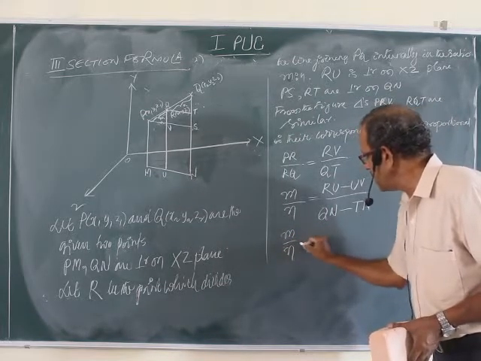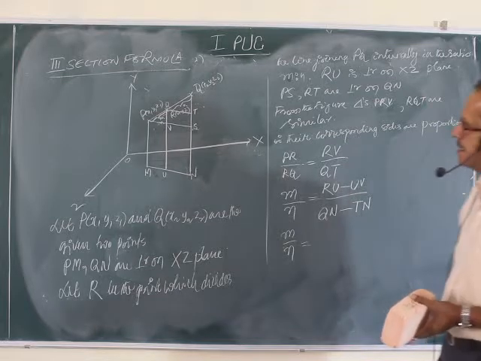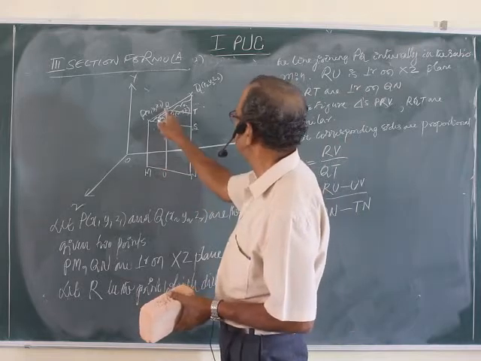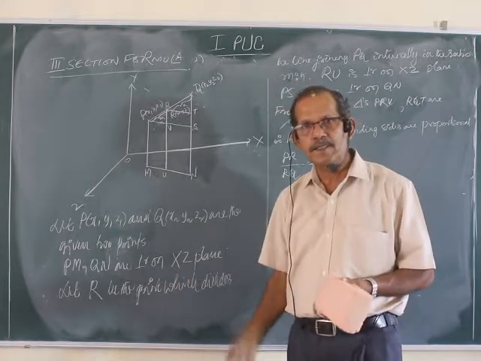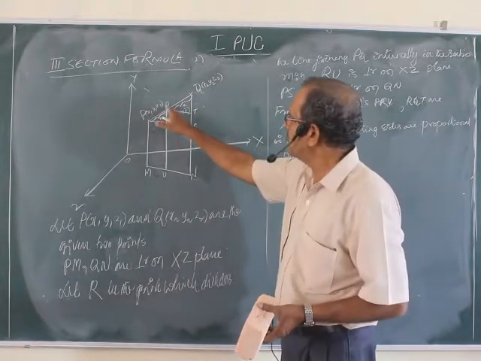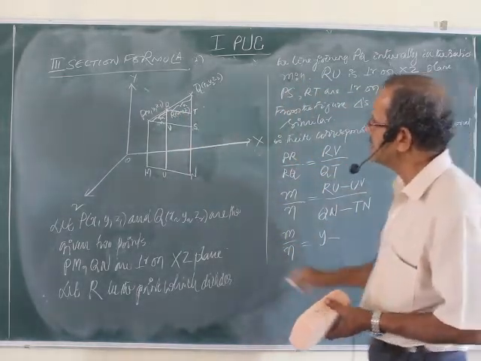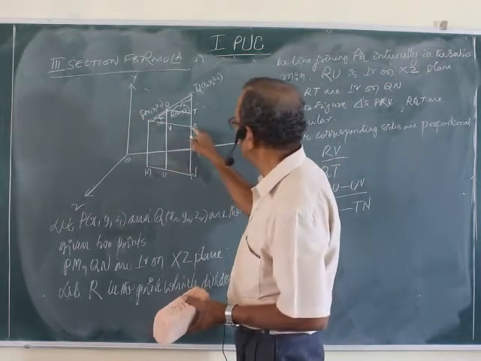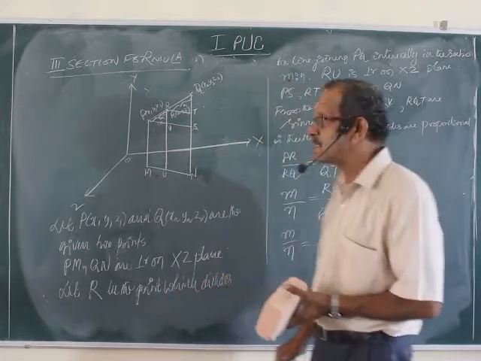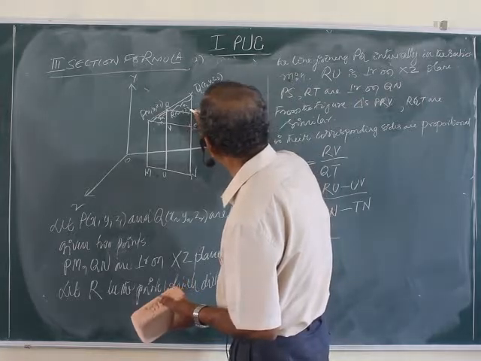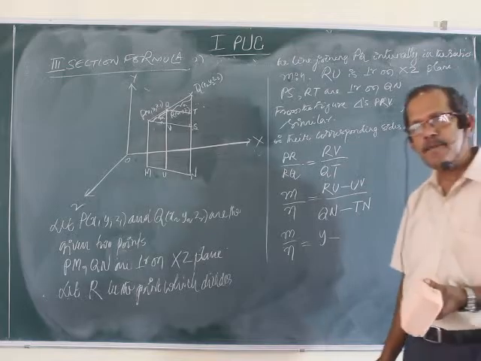Or M by N equals RU. RU is actually the height from the XZ plane to the point R, which is the Y coordinate. From the ground, what is the height to the point? It is the Y coordinate, no? So the Y coordinate of R is Y, minus UV, that is the Y coordinate of the point P, because it is the same. This is parallel, okay? Don't confuse it as slanted. It is actually perpendicular, see? Don't confuse with that. But when it is seen in three dimensions, you get it like this.